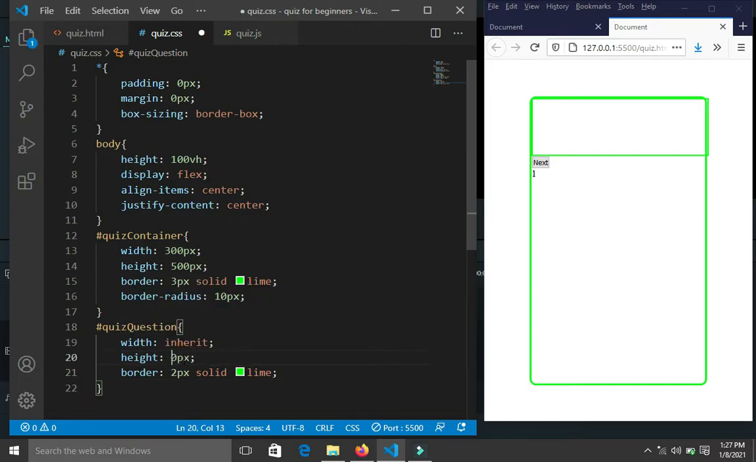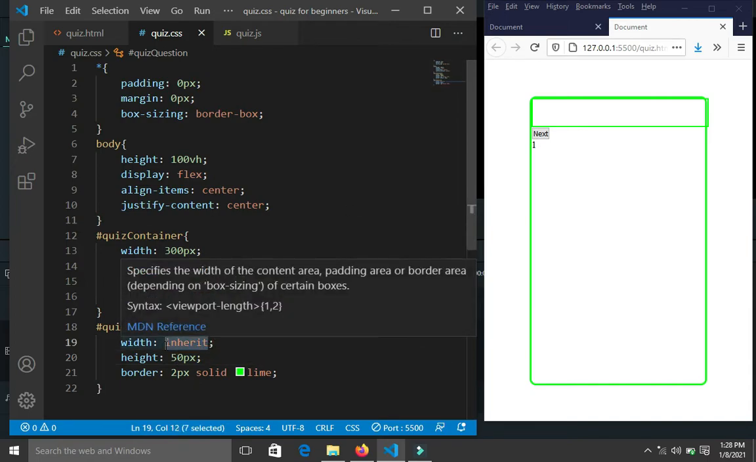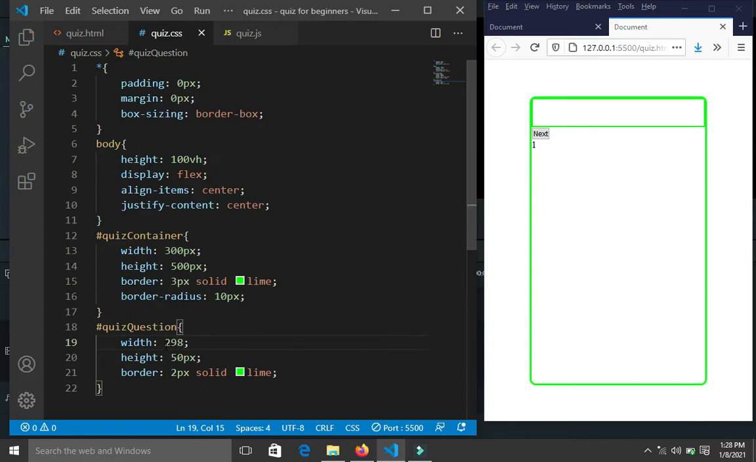Perfect. Perfect. So let me just say 298 should be the width. Okay, I think it's better now. Okay, after we've done that, now we need to also style our